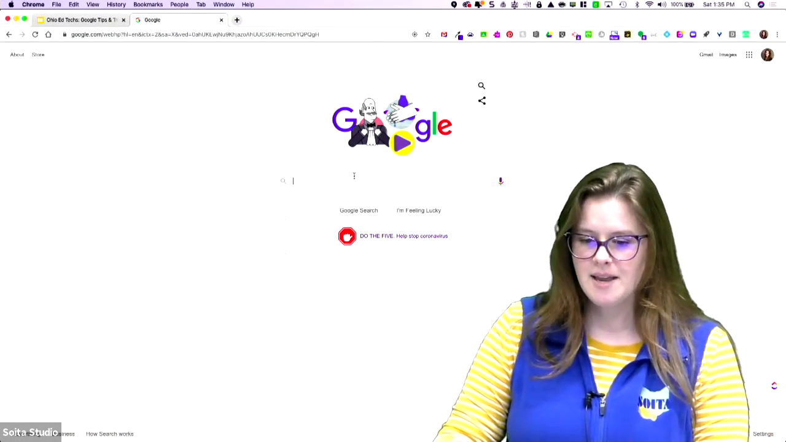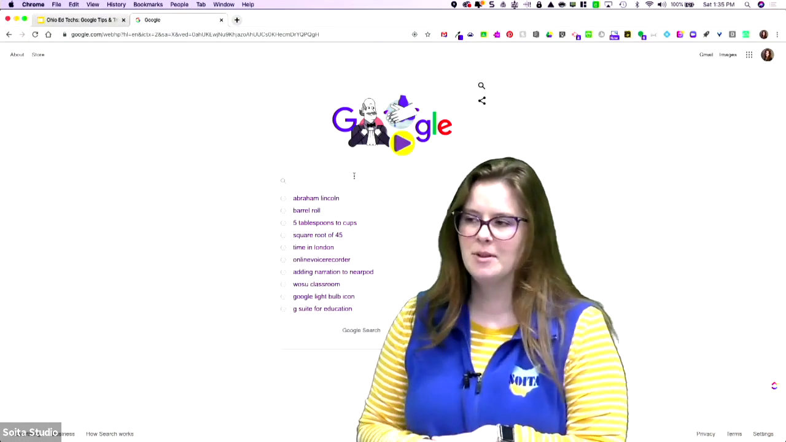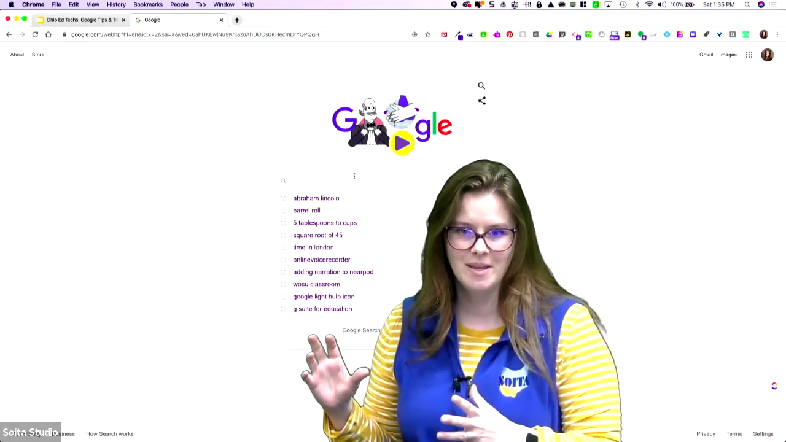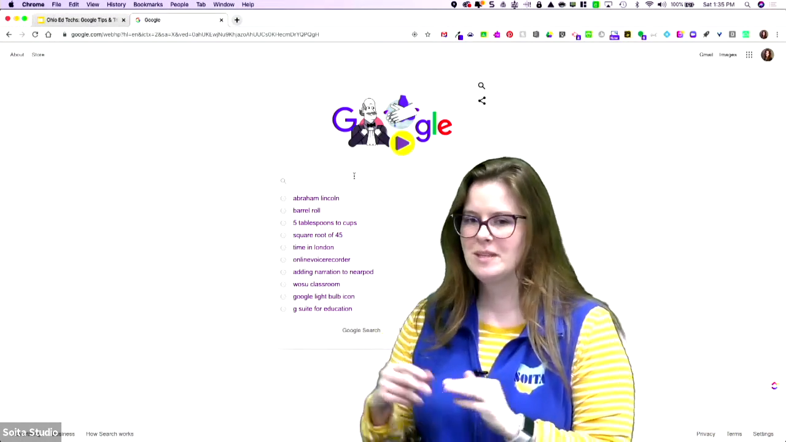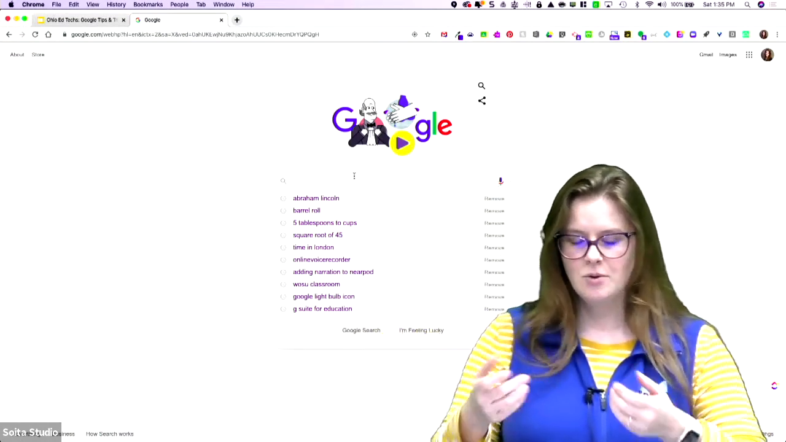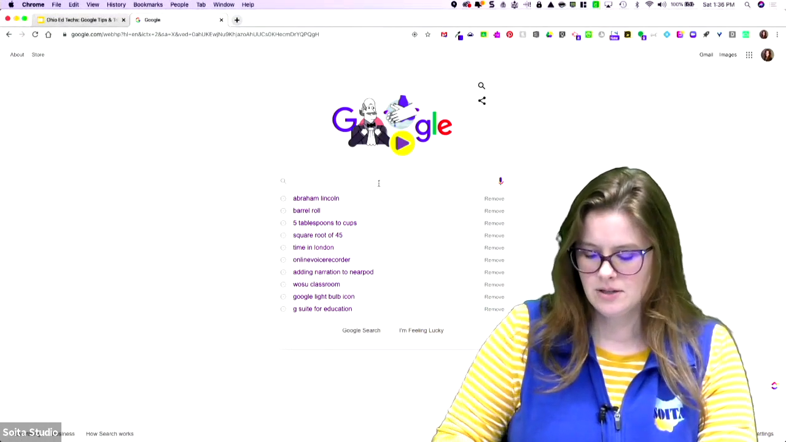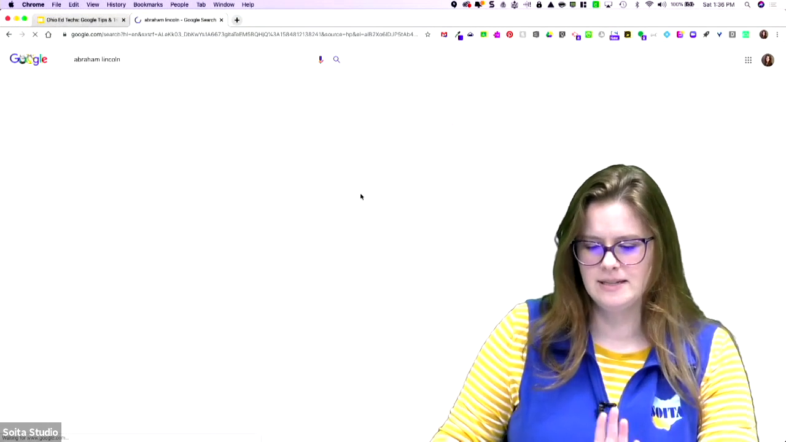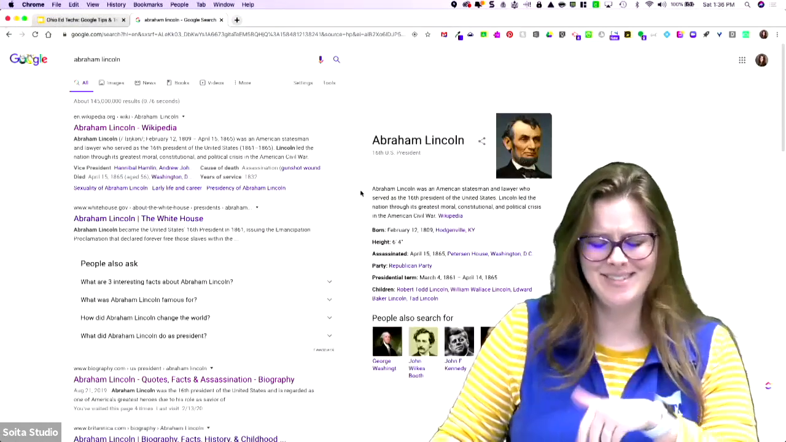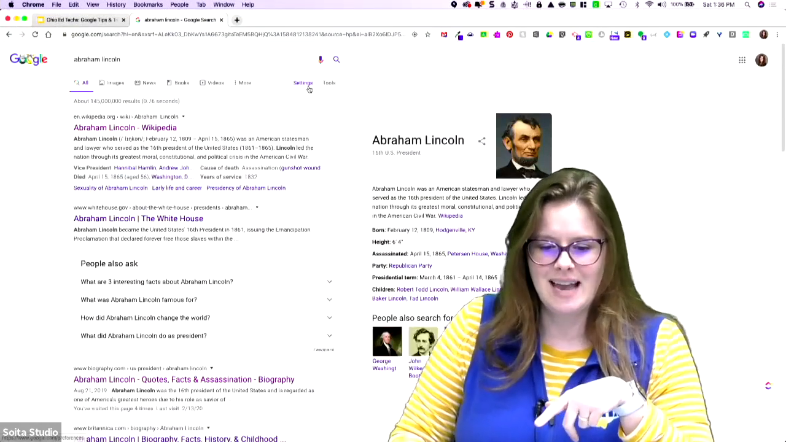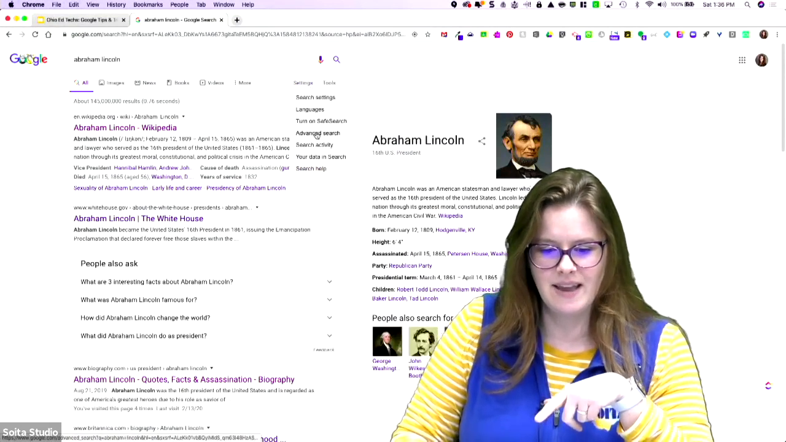So sometimes when I'm looking for something, I'm looking for a specific file type, or I'm searching within a specific website. So you can do that with the advanced search. I'm going to search, we'll stick with Abraham Lincoln. He's usually a safe search, right? And if I go to settings and choose advanced search,